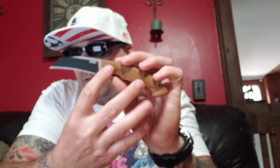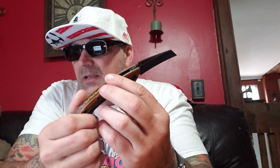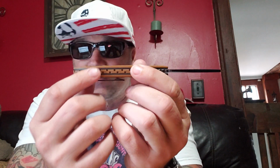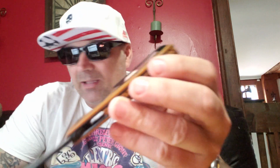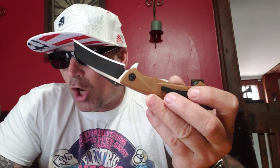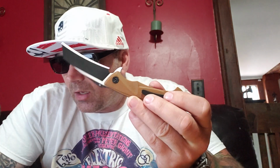We have a handle length of 5 inches. Handle overall thickness is 13.6 millimeters, and it feels good in the hand. I'm not gonna lie, it's thick. It's nice and thick. Let's see, G10 in the handles, the clip material. So let's see, your deep pocket clip, which is actually really nice, man. That's kind of a sexy little pocket clip. I like that. It's 6AL4V titanium. Let's just say titanium. So then your washers are ceramic ball bearing, and it weighs